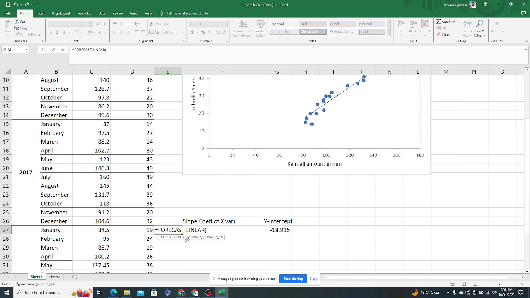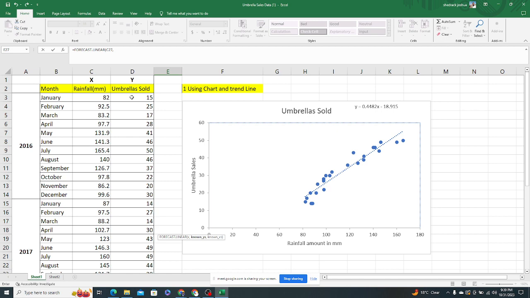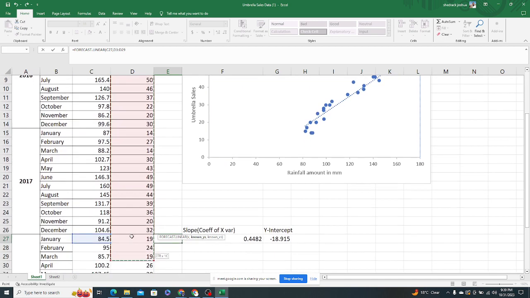So we are going to say that is FORECAST.LINEAR. Then we want the x, that is our predictor variable, or our independent variable. Then we want the known_y's. So for known_y's, that is the data for the last 2 years, okay. Then comma, we also need